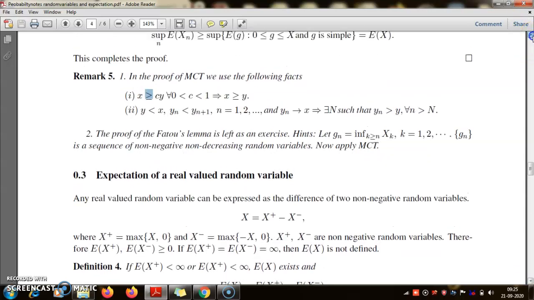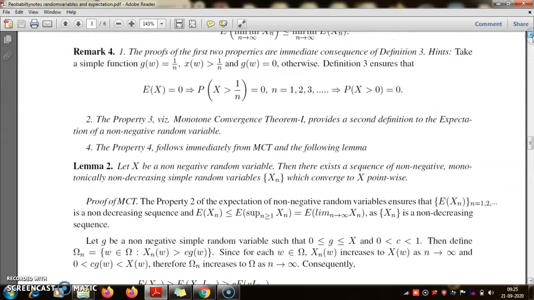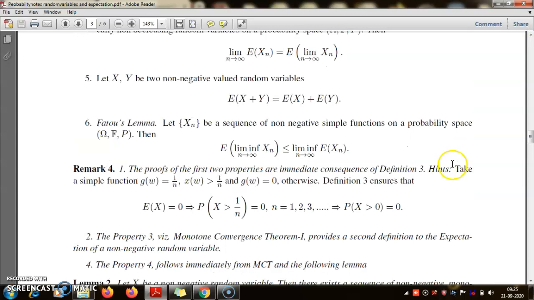Now the third most important result in this context is called Fatou's Lemma. Fatou's Lemma tells you that if you take a sequence of non-negative simple functions, here I am giving up the condition of monotonicity. I am simply taking a sequence of non-negative random variables. It is stated for simple ones, but it also holds for any random variable. Then expectation of lim_inf of xn is less than or equal to lim_inf of expectation of xn. It looks a bit peculiar and hard to remember,